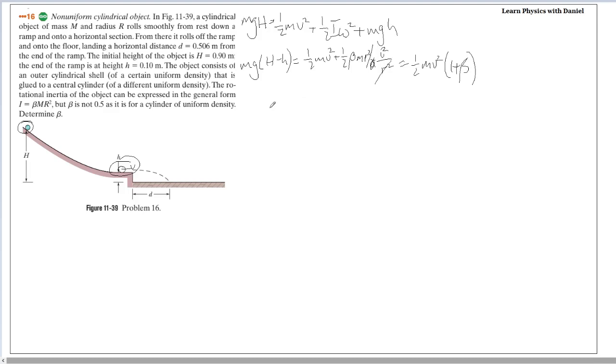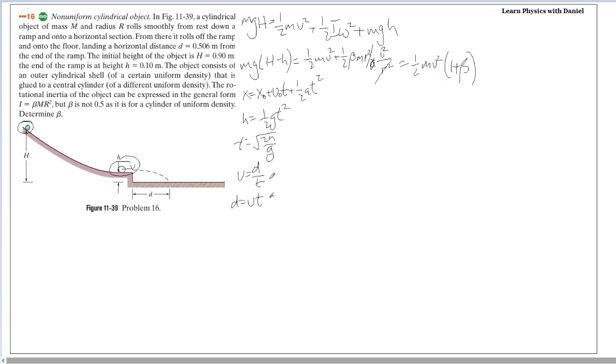r squareds. Alright, next we need to figure out what v is, which we can do using kinematics over here. We see using x equals x0 plus v0t plus half at squared, we use h equals half gt squared, so we find that t equals square root 2h over g. So it stays in the air for this amount of time, and because we have v equals d over t, we can say that d equals vt, which means that